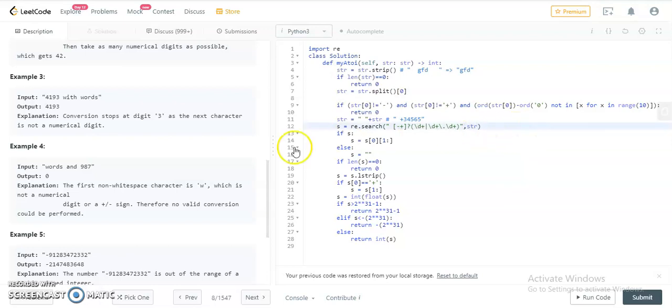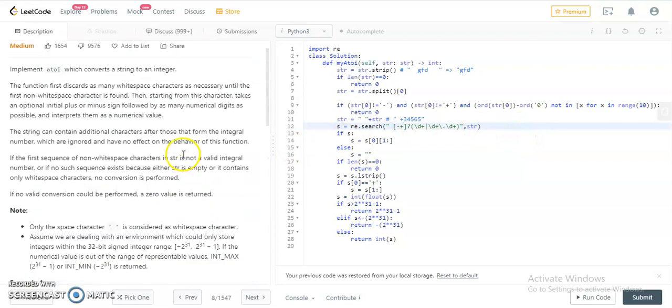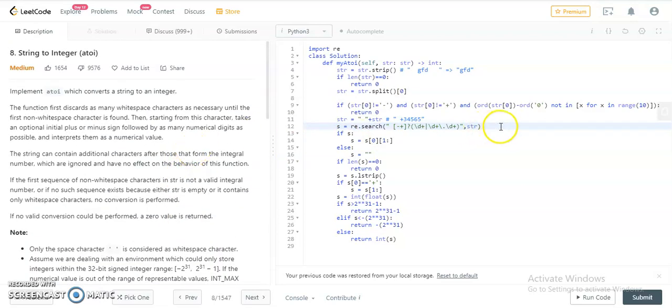This wasn't given in the question, but while solving it and getting an error on this particular test case, I modified this regex parser. So here I'm checking. Okay, now I'm eliminating this space part, because it was for that particular boundary case, the minus plus boundary case.